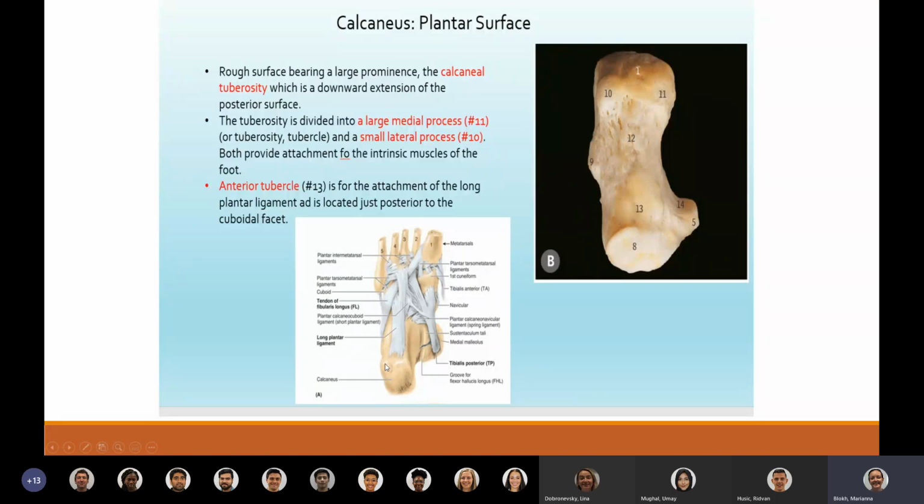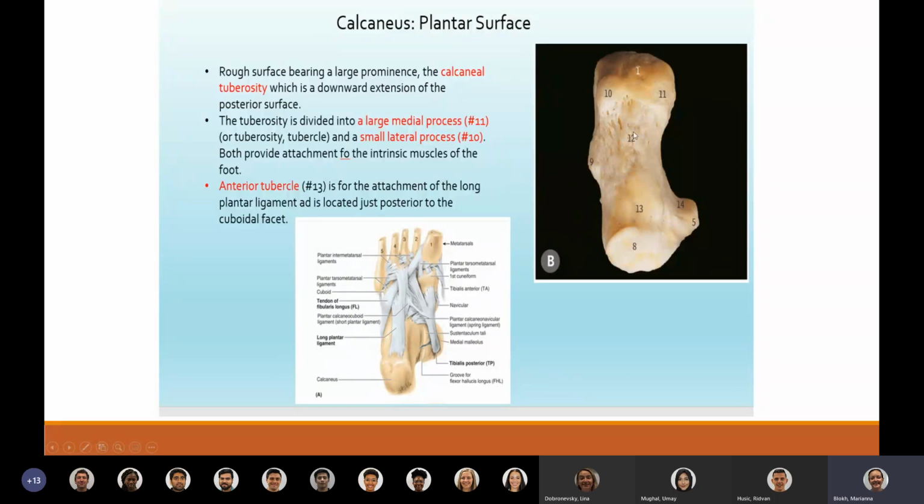What's important is that these processes, these tubercles, this area provides attachment for the intrinsic muscles of the foot. That's another test question that they could ask. All the following muscles come off the medial tubercle and the lateral tubercle, except for the following. Or the following muscles come off only the medial tubercle, tuberosity of the calcaneus, except for. Or all the following muscles come off the lateral process or lateral tuberosity of the calcaneus, except for. So these types of questions. All right, and so that's your large medial tuberosity or tubercular process, whatever you want to call it,